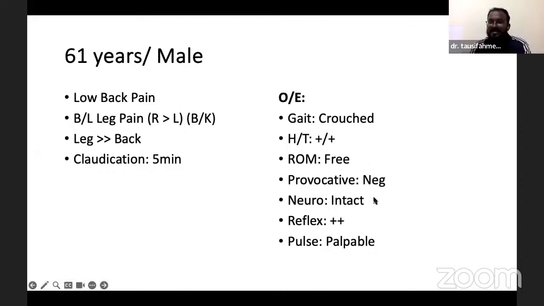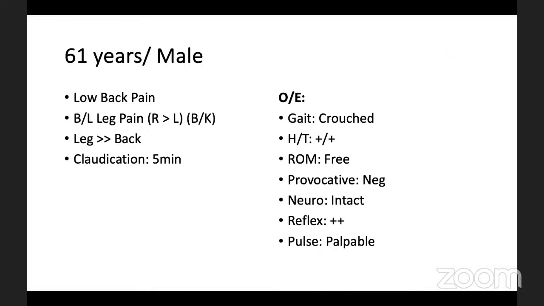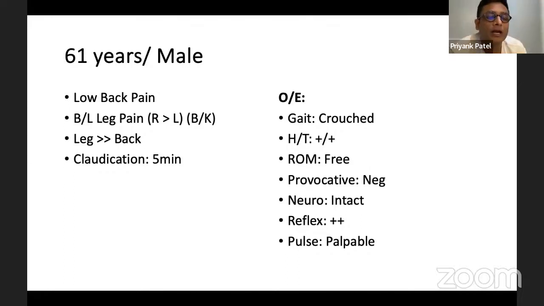So basically, what Tausif is hinting at over here is that we know what the history is, we know what the examination is, but there are a few things we want to know, if there is any important medical history. Diabetes, blood pressure. Is diabetes mentioned or not? Is it a non-diabetic patient or not? That is an important question that should have been asked in the history. Yeah, exactly.